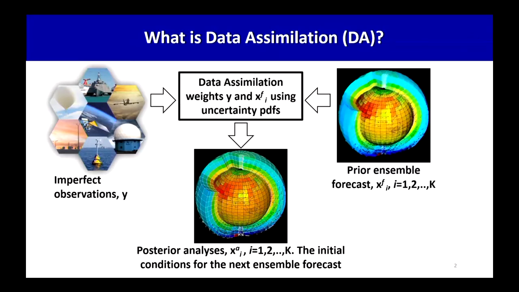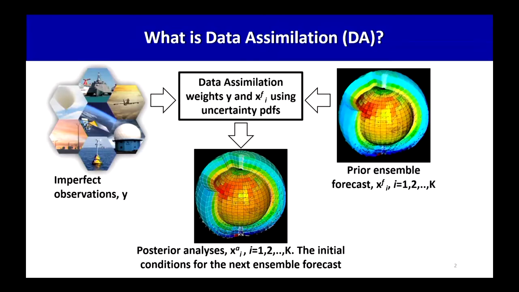Okay, so what data assimilation does is it combines information from this prior ensemble forecast with these imperfect observations. And obviously, when you do that, you take into account the uncertainty. Somewhere out there, there's a true state. We believe that. There's this one true state. And this isn't it, and neither is this, but they both have some statistical relationship to the actual truth,